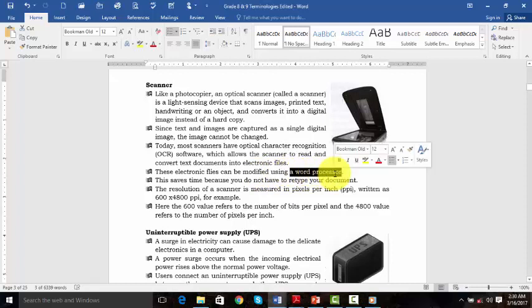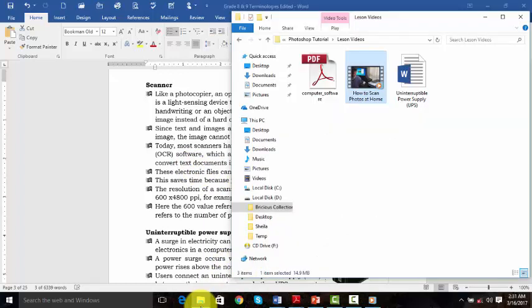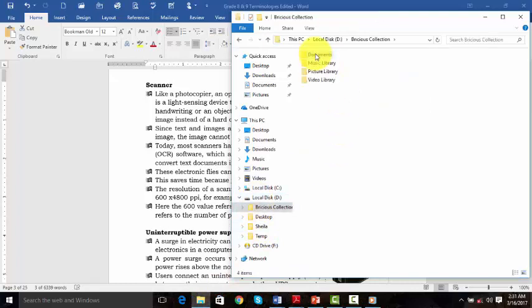Now when we say a word processor is a program, I'm using it to present this lesson to your students. So this is a word processor which has various tools which can make us change or modify this scanned image. Now to understand this, I'm going to demonstrate to you how a scanned document can be changed.